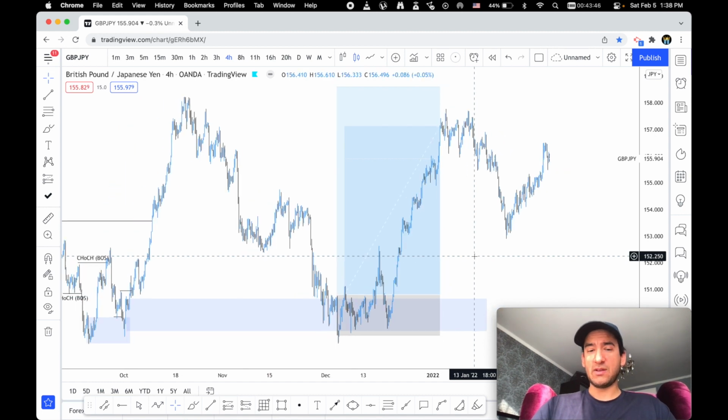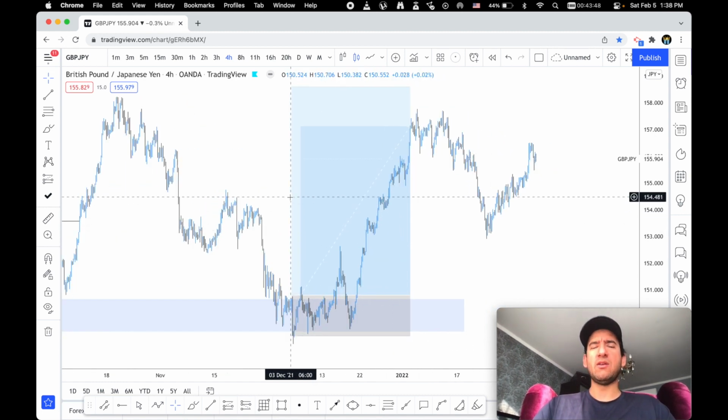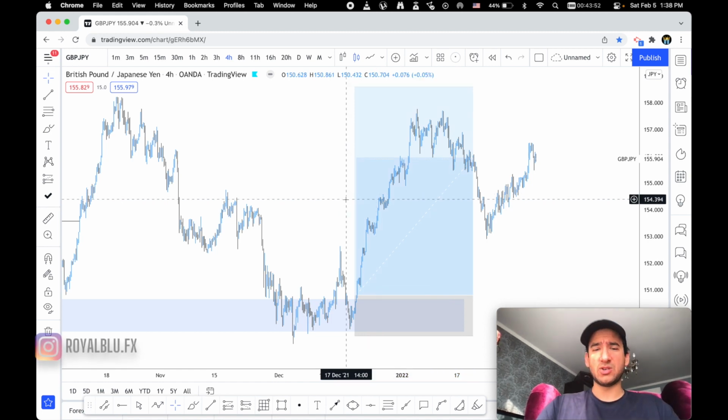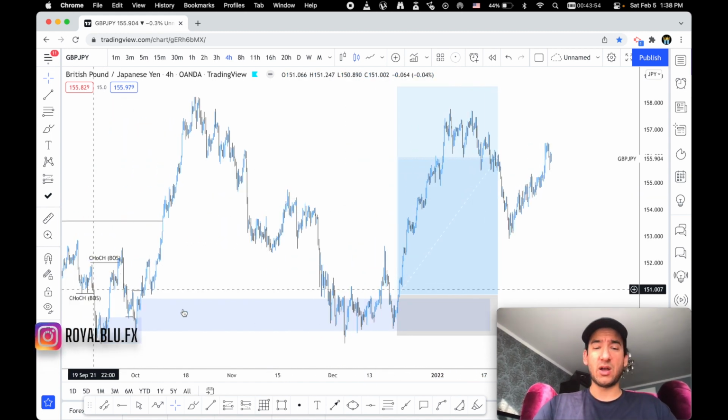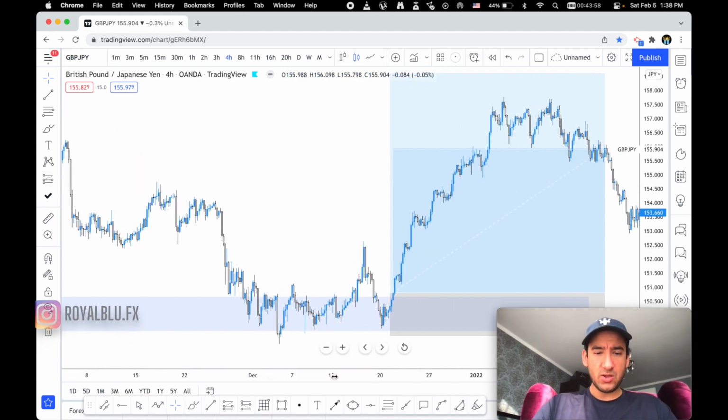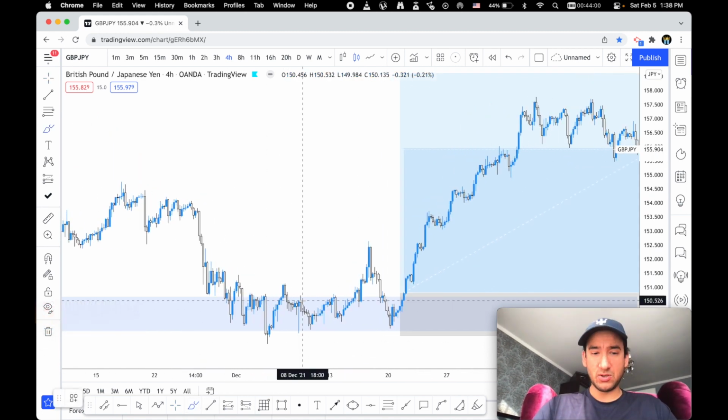You can take a buy, obviously, right? There's no harm in that, but there is a safer way to take this trade rather than just taking a trade right away after you see the CHOCH. What you can do here is when price gets to this demand level, you can wait for another confirmation, another CHOCH